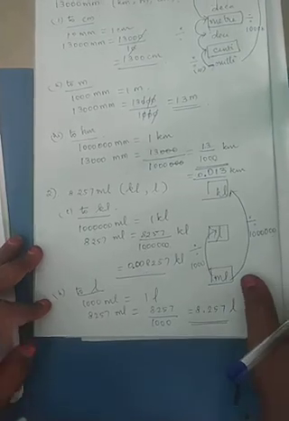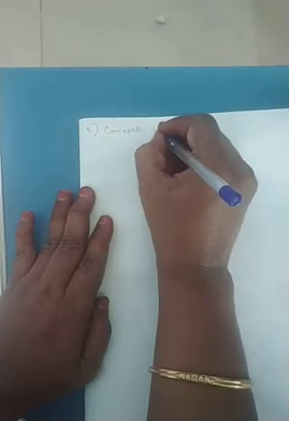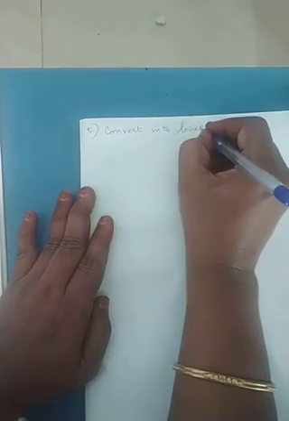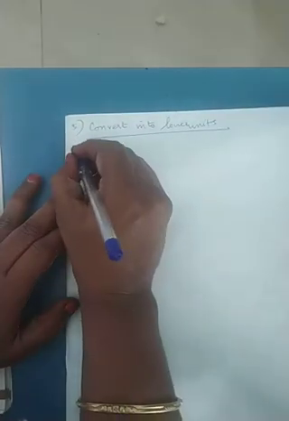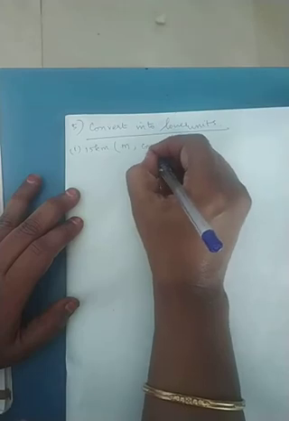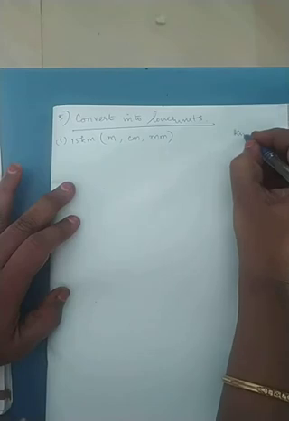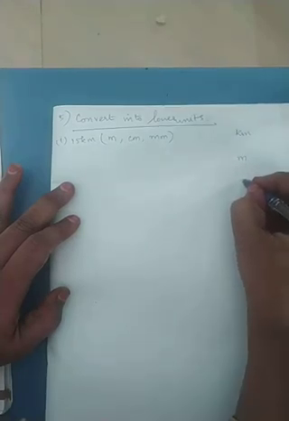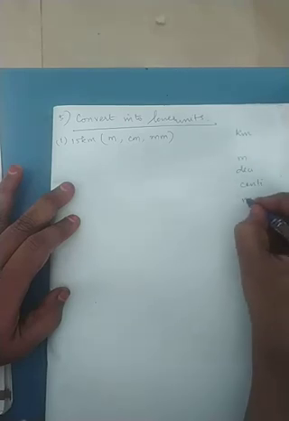Okay. Now fifth one, coming to the fifth Roman letter. Here we are going to convert into lower units, so I am just going to multiply. That is what is going to happen. So first one is 15 kilometer. I have to convert to meter, centimeter and millimeter. Okay. So kilometer, then there is 1 meter, and then there is 1 deci, then centi, then 1 milli.